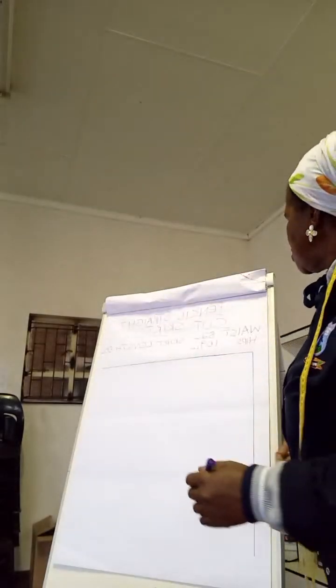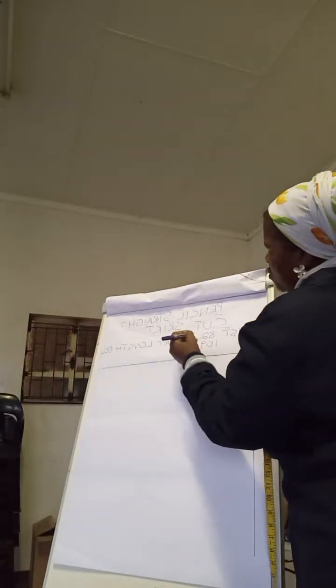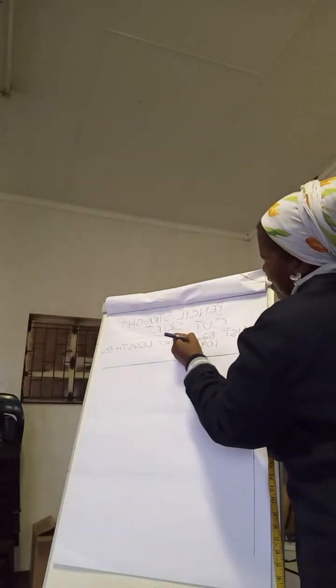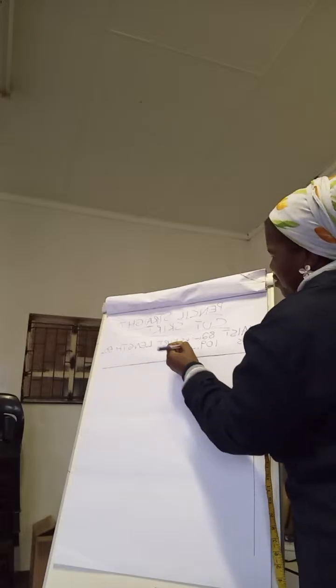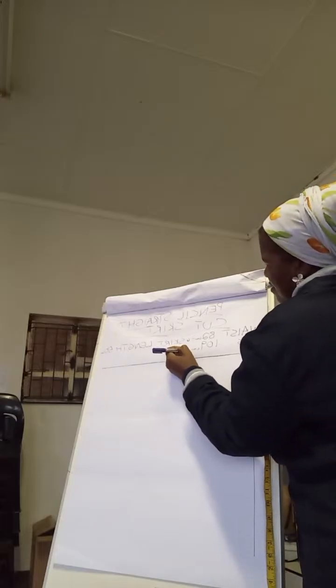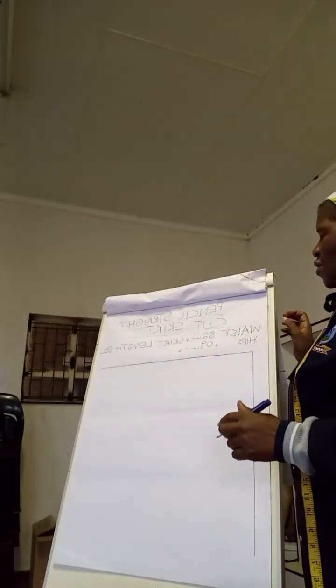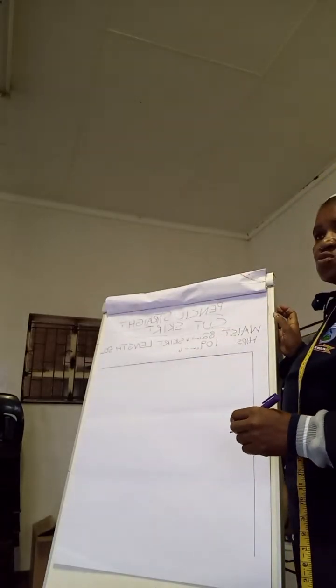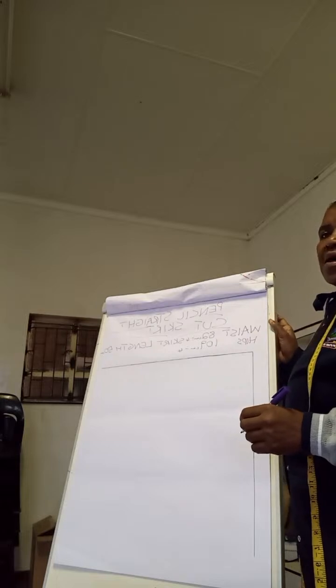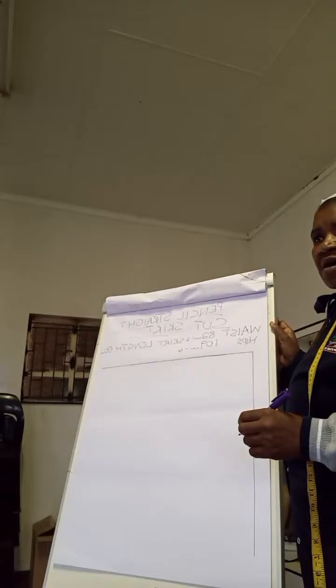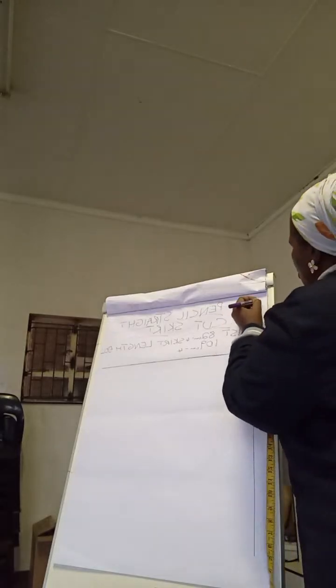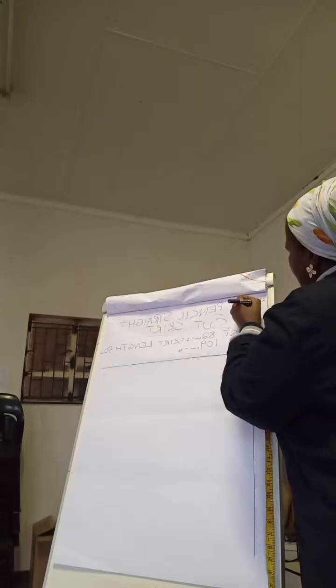This will be divided by 4 in each. So the waistline is 82, and when it's divided by 4, you get 21 and a half. So you've got 21.5